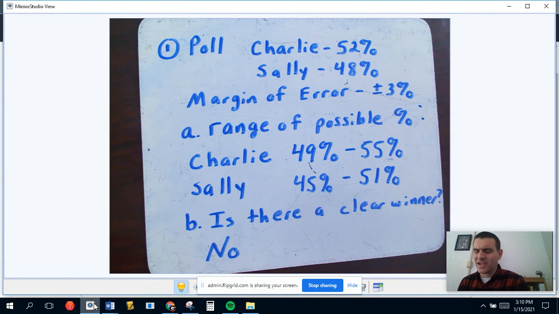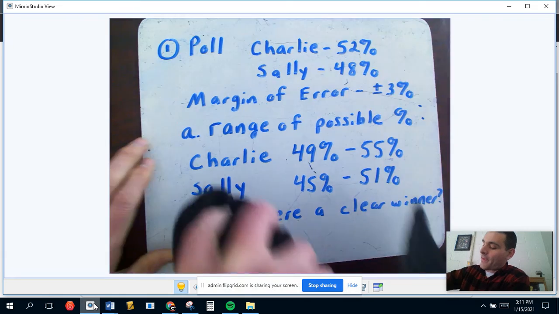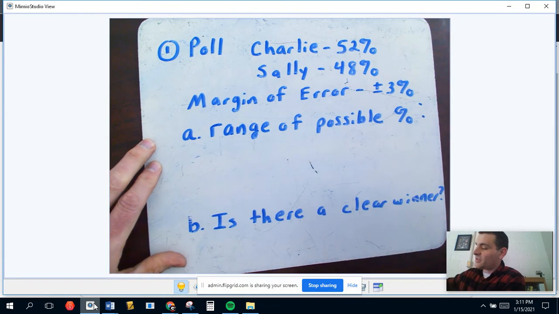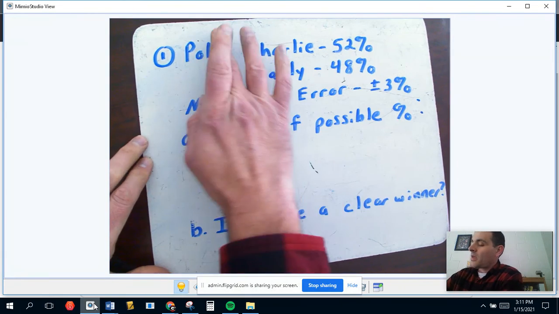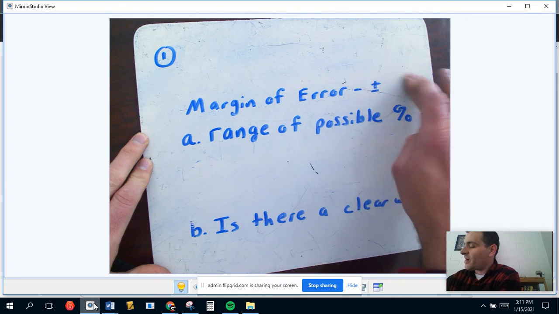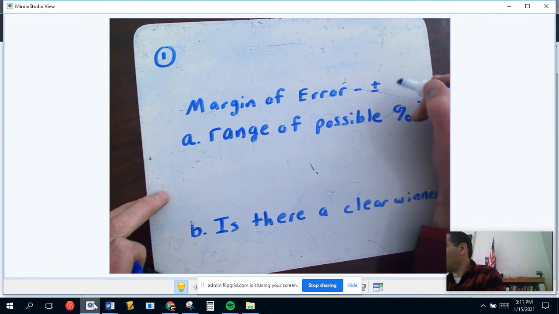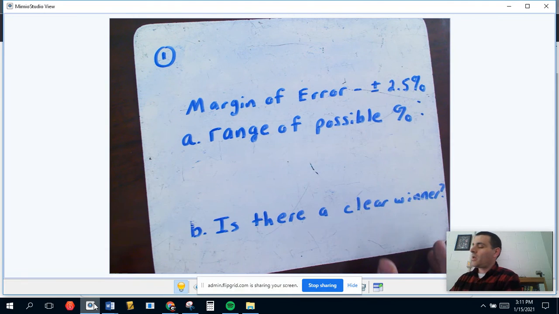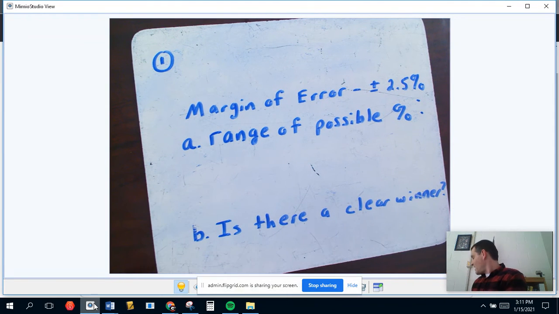So the margin of error, again, the concept is what we're after here. The computations are very simple. I'm going to look at one more possibility. I'm going to change the question a little bit. This time, we'll change the margin of error to, say, 2.5. Put a decimal in there. That's one way that will change. And this time, we'll say that